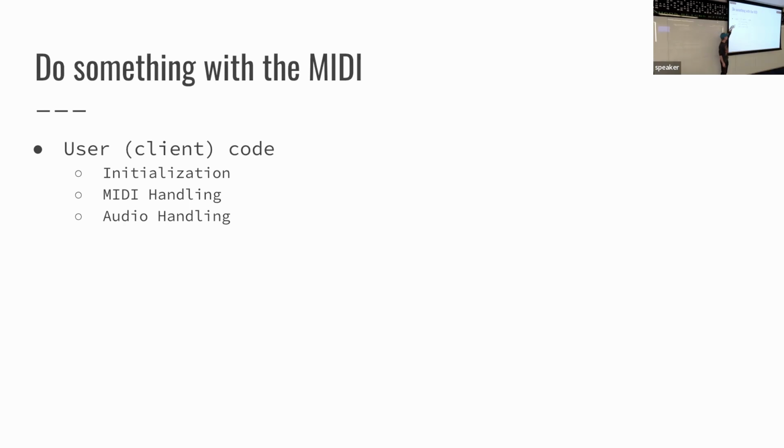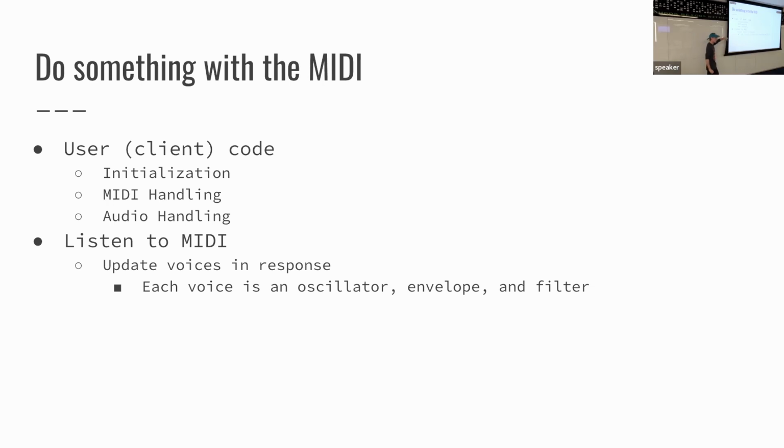There's an initialization portion where we do all the things that we talked about earlier, where we multiplex the pins we want to use. We initialize the audio hardware, like the MIDI hardware, or the UART hardware. And then from there, we just listen for MIDI, and the audio hardware calls us over and over again to receive audio. We have these things called voices. So every time you hit a key on the synthesizer,